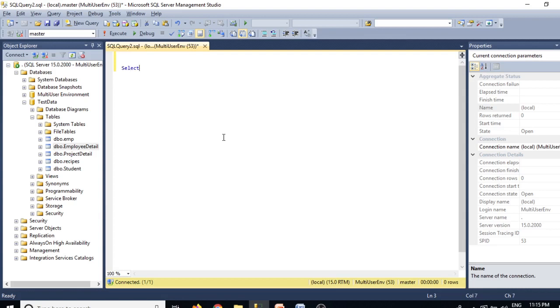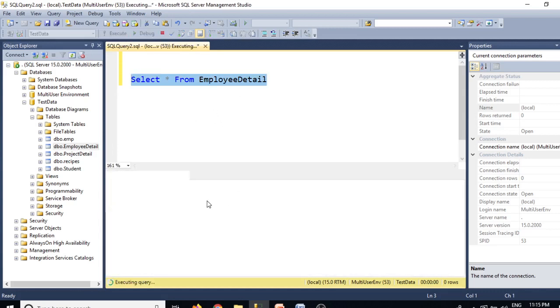Just write, let me increase the font, select star from employee detail. We have to select the database from here. Employee detail is my table, and simply we need to execute this query.